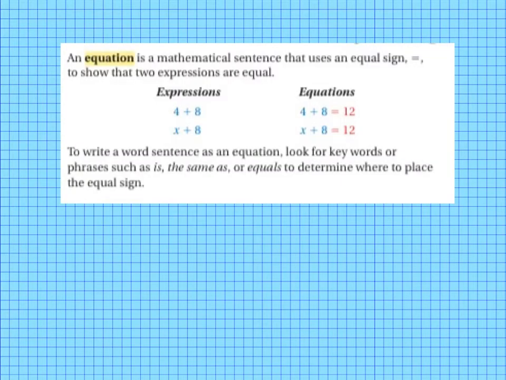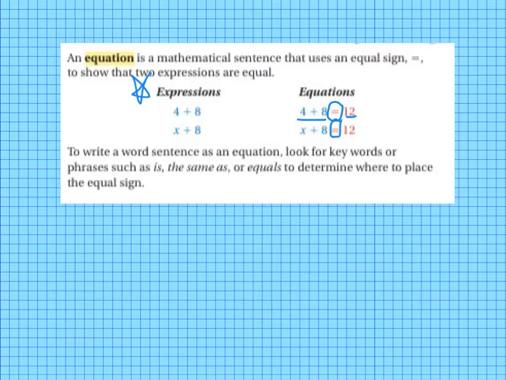We're going to start this lesson with a little review of your vocabulary. An equation is a mathematical sentence that uses an equal sign to show that two expressions are equal. So we've talked a lot about expressions and the fact that they don't have an equal sign, and equations are two expressions that are connected by an equal sign. So 12 is an expression, and it's connected to 4 plus 8, which is another expression, and they're connected with